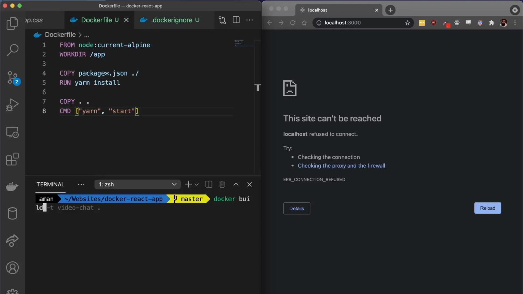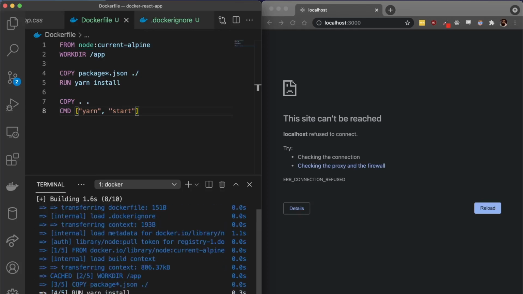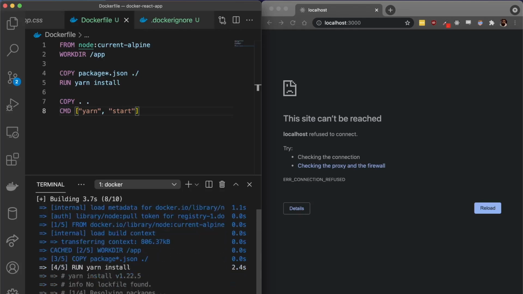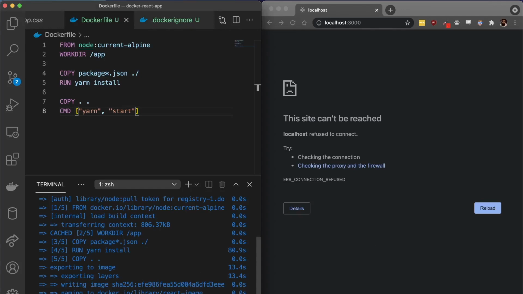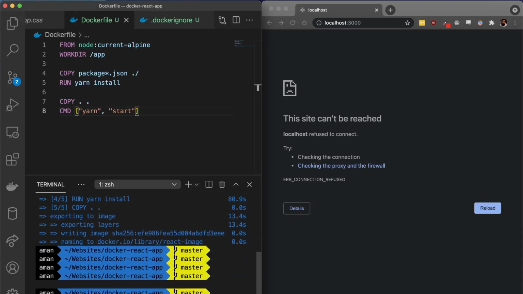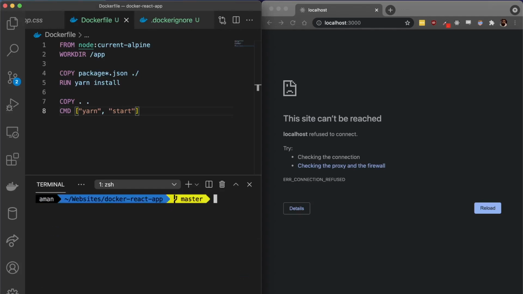So we can do docker build -t. The -t just means tag of the image name. So in this case, let's call it react-image, and then a period right here. So now it starts building the image, and this shouldn't take too long, but the larger the image files you use, the longer it will take. Okay, so that took a couple minutes to build,